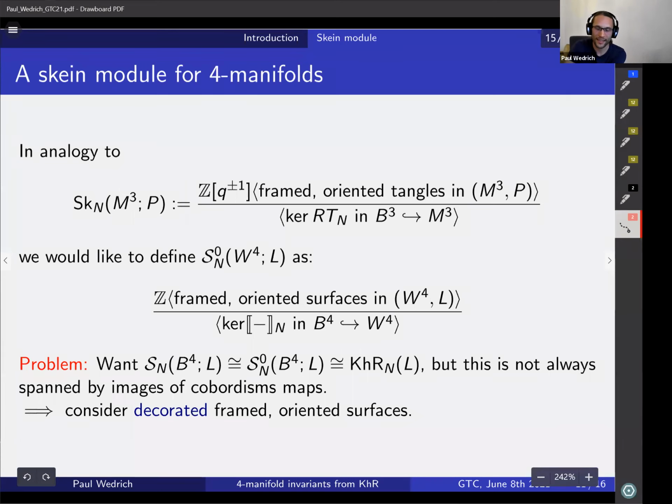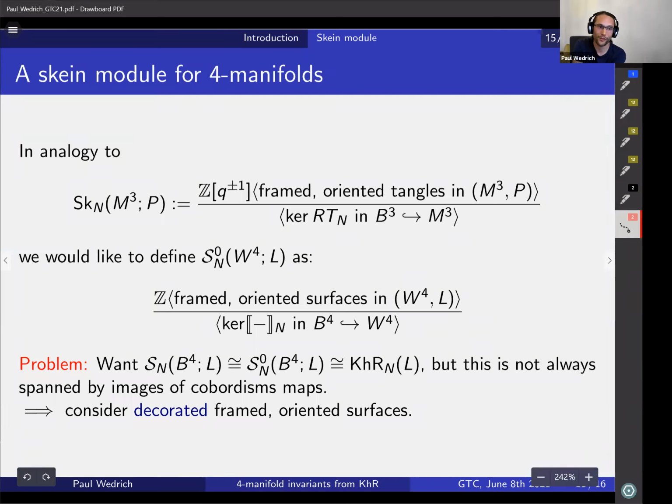The Reshetikhin-Turaev functor sends tangles to morphism spaces in the representation category of the quantum group U_q(gl_N). And in particular, it sends tangles to elements of a vector space. And I can ask what formal linear combinations of tangles get sent to 0. Those formal linear combinations are exactly the relations you impose in the skein module in a local way. And motivated by this, we would like to define the skein module of the